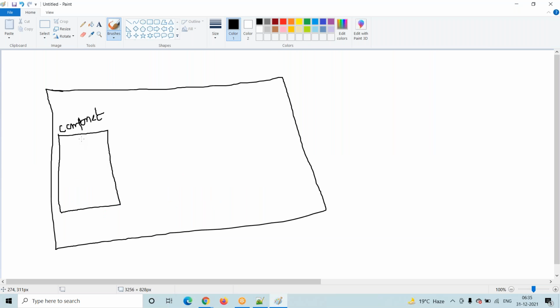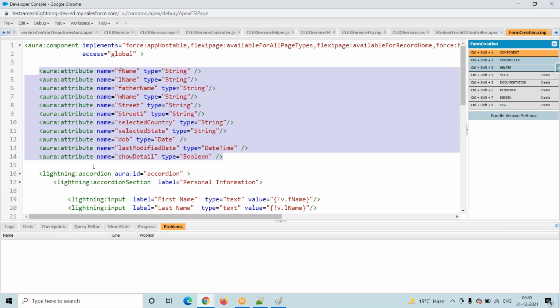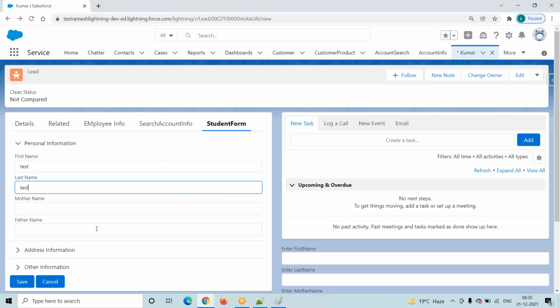The first item is the component. Its purpose is to take the data from the user or display the data to the user, and we also store the attributes at the component level. Once we collect the data from the user, then what will the user do? He will click on the save button or the cancel button, right? This is an event. When an event occurs, it means you click on the button. When we click on cancel, we are performing some action. Technically, we call that an event.